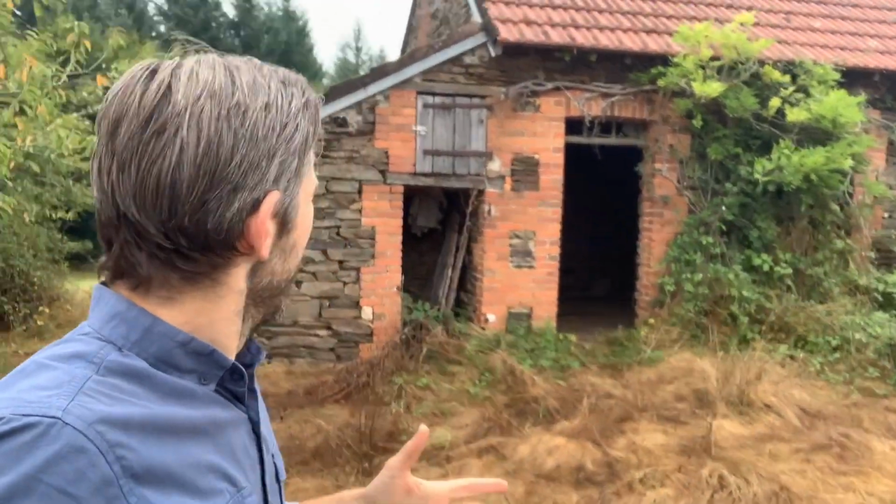For me, what's really exciting is this little building, which is opposite the property. These things are what I absolutely love about France. Little buildings like this, and sometimes you'll see little properties like this, they'll often be next to vines or vineyards. They'll have a chimney, and it would have been where the workers would have come and taken shelter from the sun in the summer, and in the winter, when they were pruning the vines, they would have cut the vines, burnt them in these little huts, and it would have kept them warm as well. So this could have been a vineyard hut that was then later on transformed into a bread oven